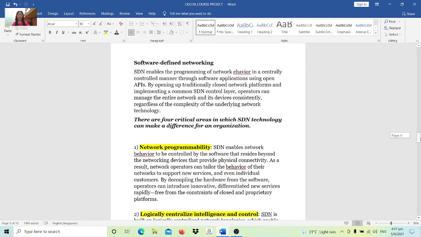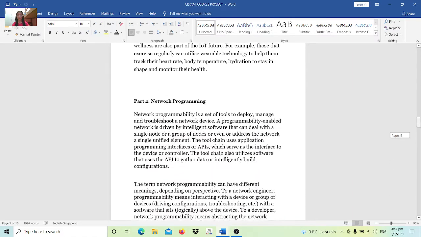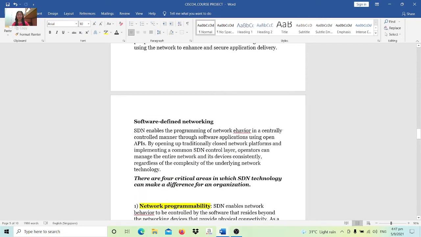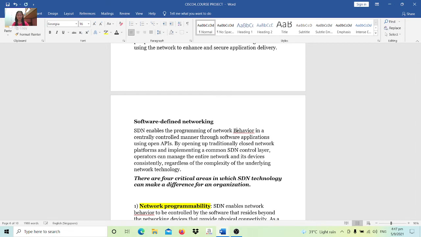And then software-defined networking, or SDN, enables the programming of network behavior in a centrally controlled manner through software applications using open APIs, by opening up traditionally closed network platforms and implementing a common software-defined networking control layer.